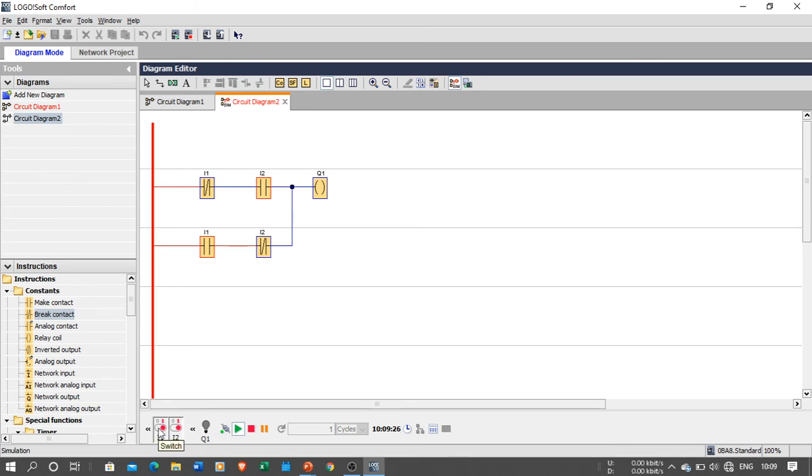Okay, so in the initial stage we have discussed that when the inputs have the same state, that is 0, 0, output is 0. When the inputs have the same state, that is logic high, output is 0. But when the inputs have different states, okay, I1 is 0 and I2 is 1, output is 1. In the same manner, when I1 is 1 and I2 is 0, output is 1.